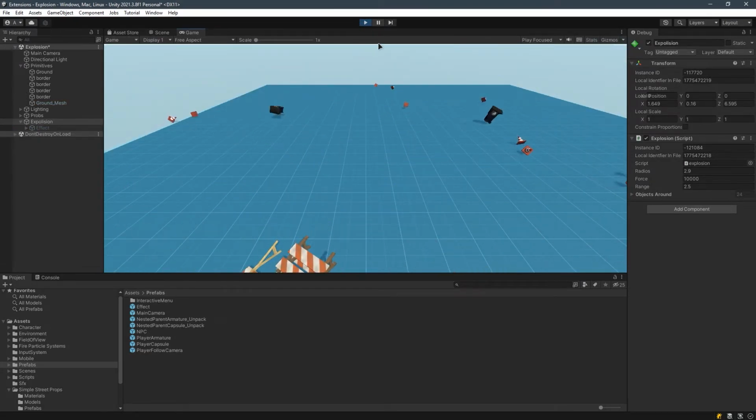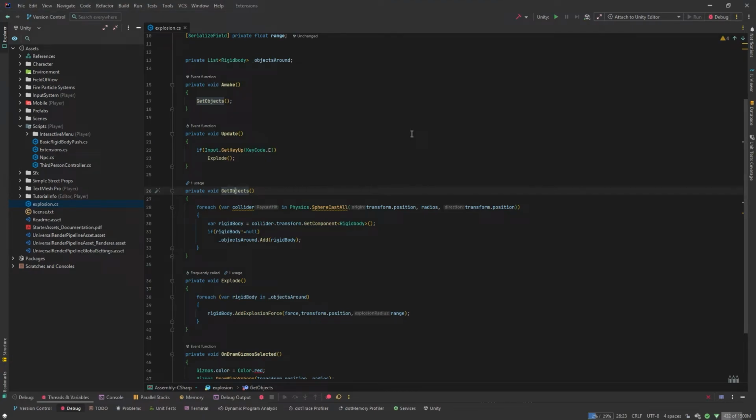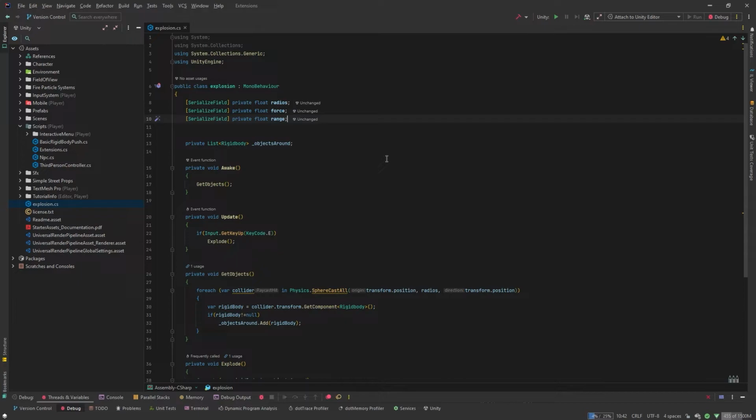Yeah, this is pretty cool. Right now we have some forces here. Okay, but we didn't finish yet. We are not done yet. So what we are going to do, we want to make this look like a real explosion. Because of that, we are going to